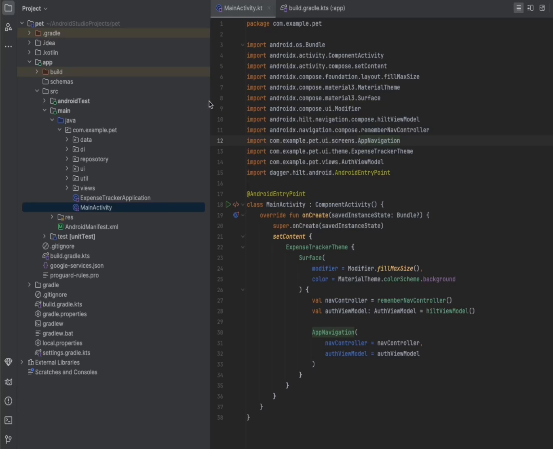Hi, this is my demo of my current project. I have created the Android project with the PET, like personal expense tracker. Now you can see the main activity there, where there is the expense tracker theme inside the main activity, and we